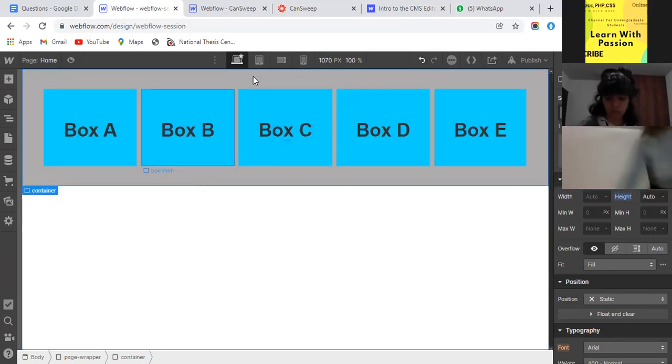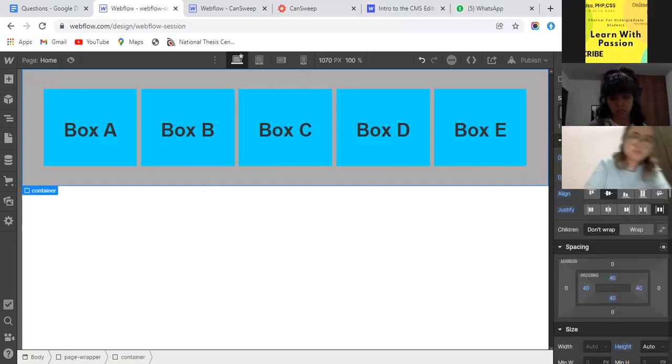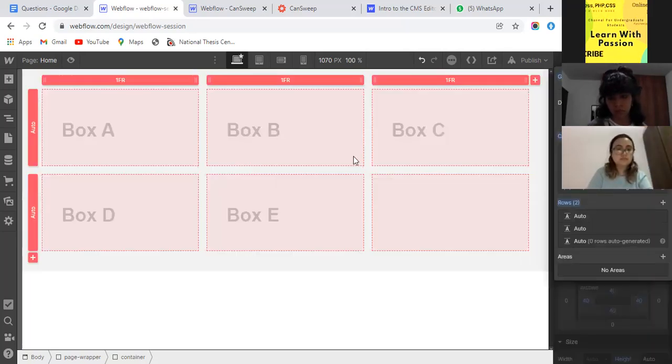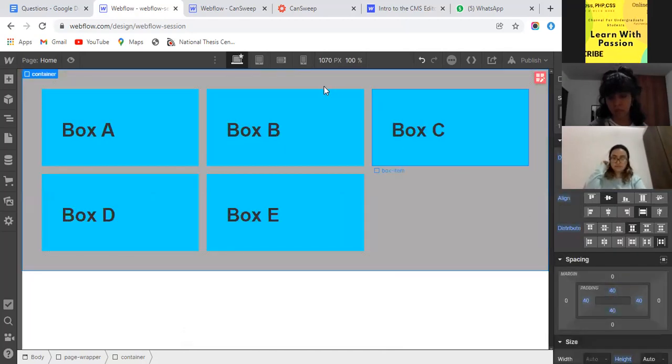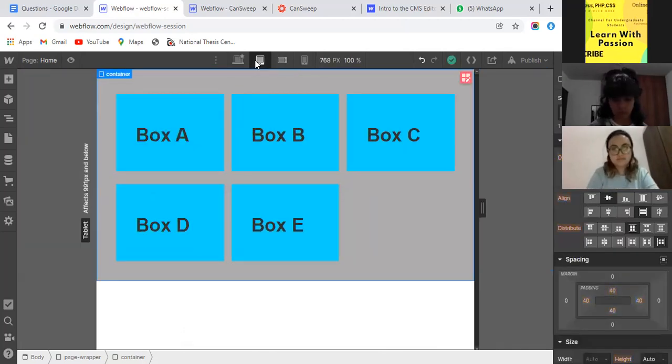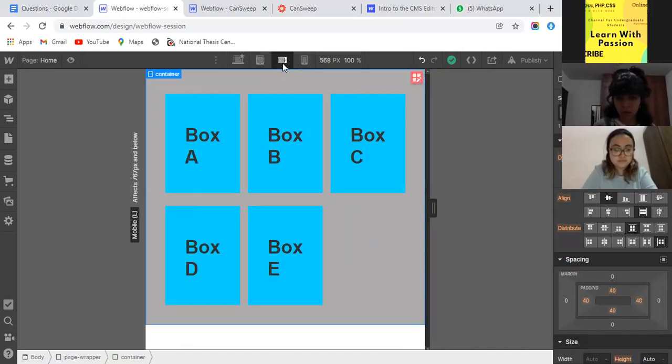What's the next thing? The next thing is, I am using grid and I will show you how to make it responsive in the scenario of the grid. I just go to a tablet variant. It's good automatically for the tablet variant. Let me go to the mobile landscape. It's not looking good. It's a little bit stretched.